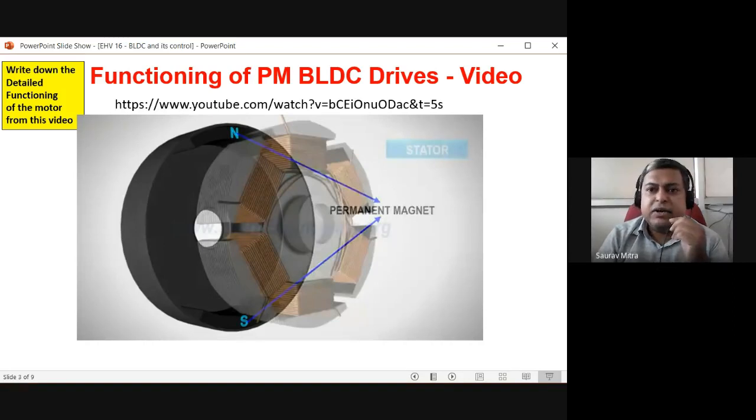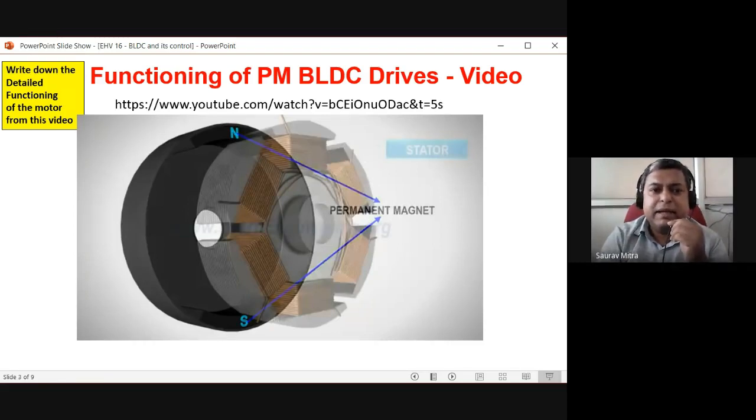And how can we supply the armature with electricity? That we do by the brush commutator arrangement. But in this case, they have totally changed it. First thing, in the permanent magnet type BLDC motor, they are using a permanent magnet. So there is no current going to the field coil. We are saving a lot of current which is given to produce the electromagnet, and we are not using a field coil. So here the PM magnet is used.